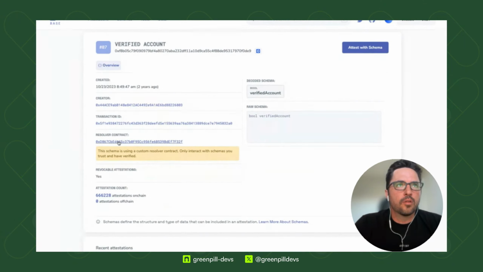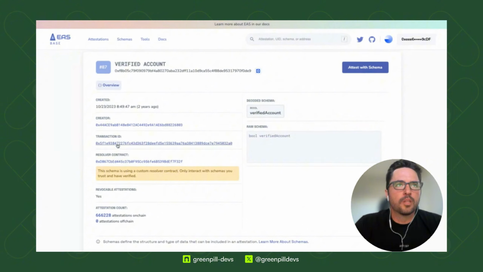And the unique part about the schema is that you can register a resolver contract that wraps around the schema itself, and it acts like a hook. So when an attestation is being made, you can control who is eligible to make attestations. You can also do things after the fact. Let's say you make an attestation for contribution, right? Like if you're creating some impact schema, let's say you attest this person contributed.